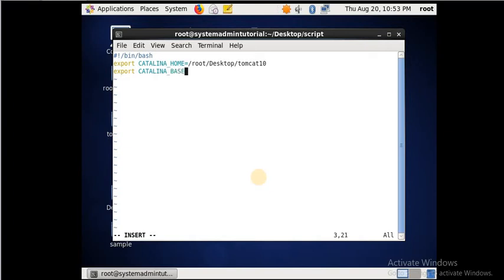Then Catalina base will be website. Next parameter would be cd the value of Catalina home plus bin, so the changing directory will be to the bin directory.